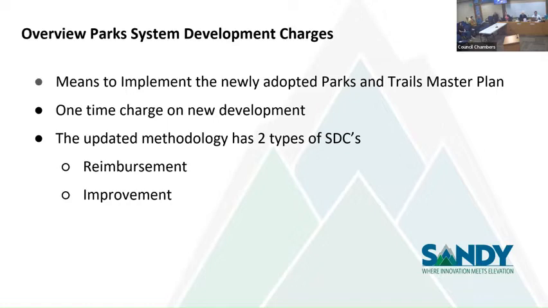The maximum SDC for reimbursement was $8,897. And that number weighed heavily in some of the decision making that the council had done as far as to what level we should raise those SDCs. And then the second one is the improvement fee. Those are more restrictive, so those have to be used for capacity building. Now, a question was raised earlier, both of those fees can be used for, a reimbursement fee can be used for capacity building. So there's no restriction on that $8,897 that's currently the fee that we're assessing for SDCs.